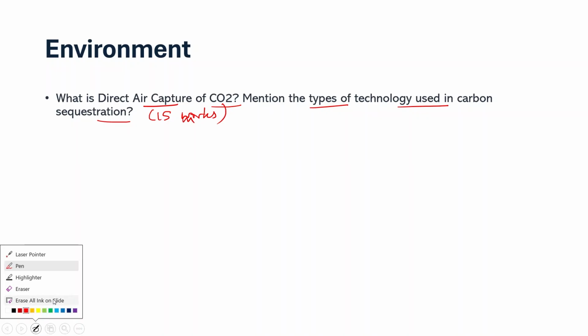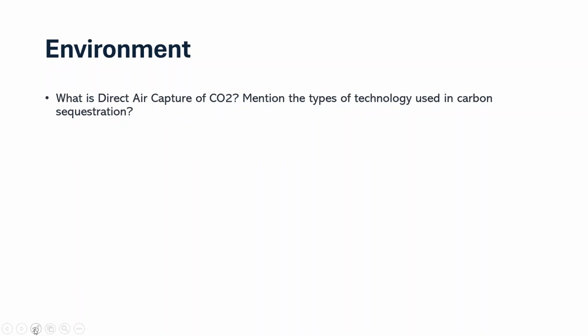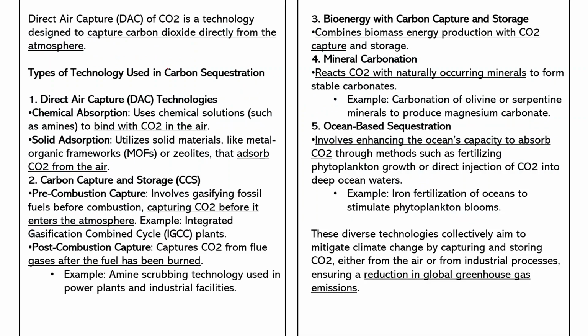So let's treat it as a 15 marker, and let's see how we can structure it. First you write about direct air capture. What is direct air capture? Capturing carbon dioxide directly from the atmosphere, right? Carbon dioxide is a greenhouse gas, so one of the technologies is direct capture of carbon dioxide for reducing carbon emissions,